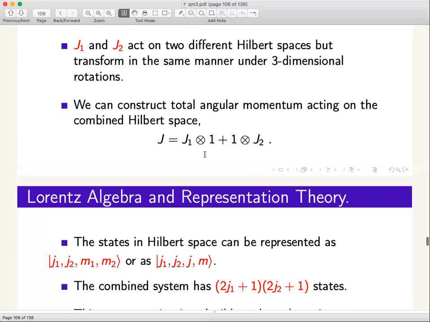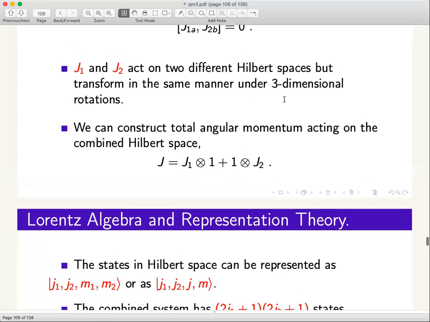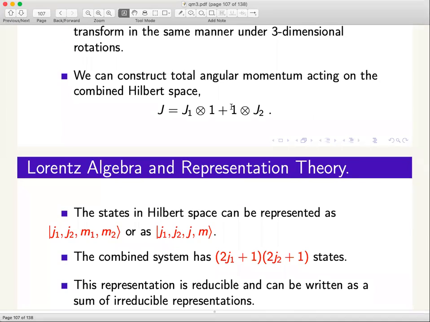So what we do is, depending upon which side of this equation you are interested in, or which side you want to utilize, you would either use a basis which is J1, J2, M1, M2, which is the right hand side basis, or J1, J2, J, M, which is the left hand side basis. So you look at these two Hilbert spaces on which J1 and J2 act, and you write down a new basis on which either the right hand side acts nicely or the left hand side acts nicely.